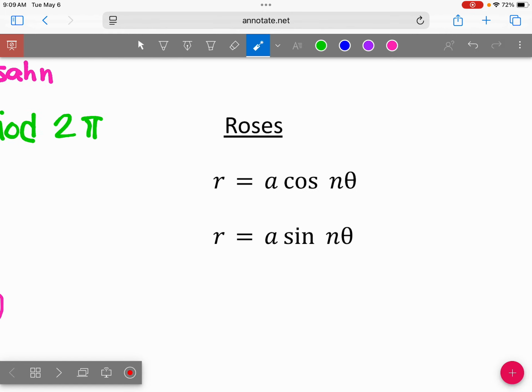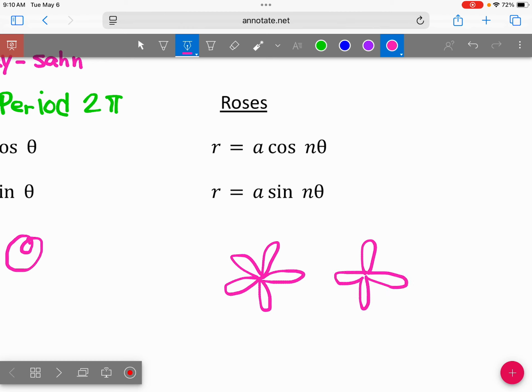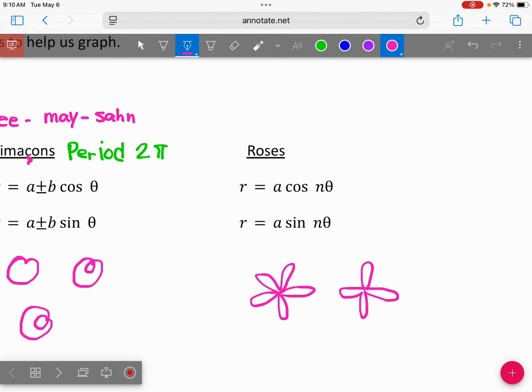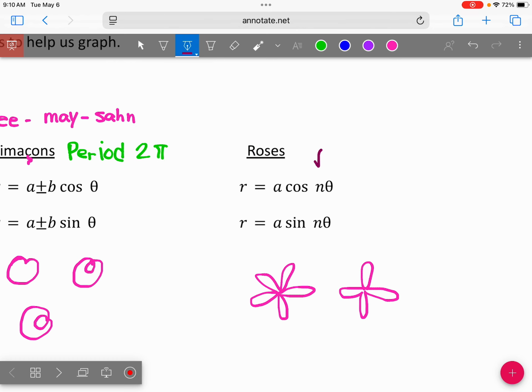So roses look kind of like, if you think cartoon flower, like think daisy, like those guys, or it might be like this. We're going to see ones like that. We have two different actual lengths of periods on here because n is a super important piece on this. If we look at this n that's going to be inside either one of them,